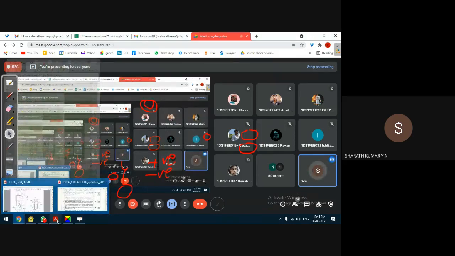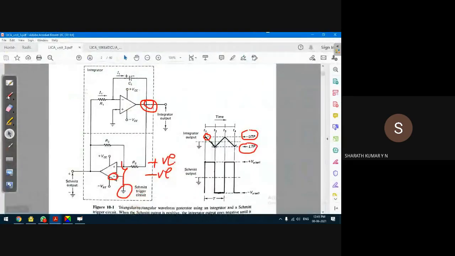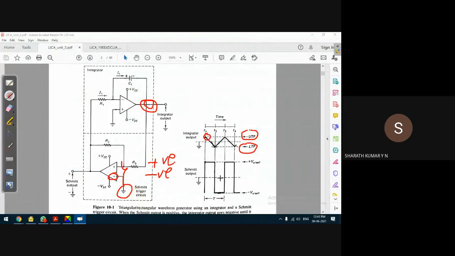So 0 to the inverting input terminal makes sure that the waveform above 0 and below 0 have equal proportion, that is, the waveform is symmetrical with respect to the 0 line. That is the guarantee from the point that the inverting input terminal is connected to ground. If this inverting input terminal is connected to some other DC voltage, then the waveform will be generated with respect to that. We'll look into that factor also.